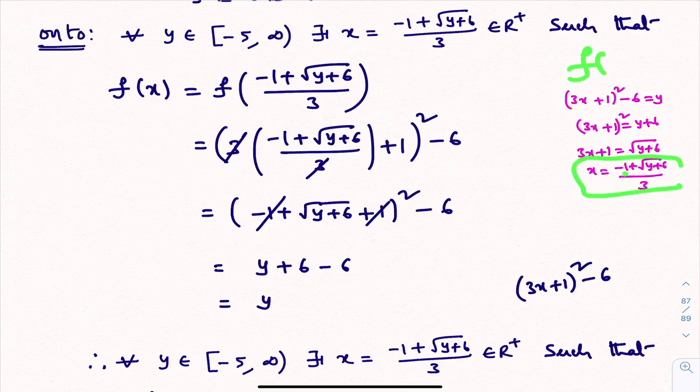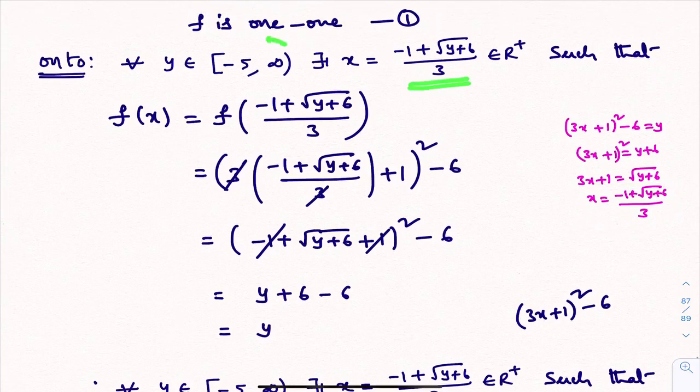What I am trying to say, first you take f of x equal to y and then write x in terms of y. That's it. Then you will get x. The thing you need to do here, for any y in this interval, is check whether x is a positive real number or not. You take one number in this interval, substitute in this, and check that it is in R plus. Okay, that you need to check. Yes, here for every y belongs to this, x belongs to R plus, that we identified.